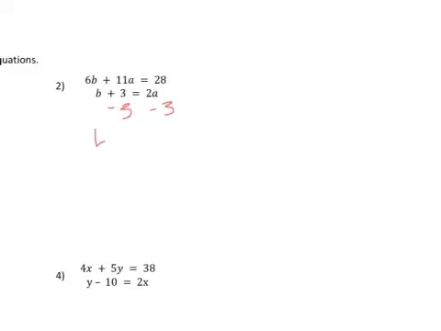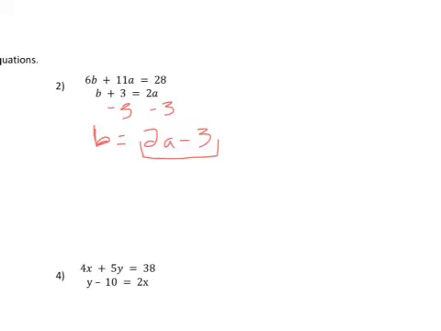That gives us b equals 2a minus 3. Now we're all ready to substitute. So our equation is all set up to use that substitution method. Let me make this b a little bit better. So how do we do that again? Well, the bottom equation says that every time we see a b, we can plug 2a minus 3 in its